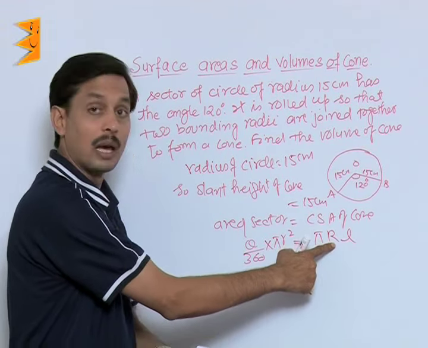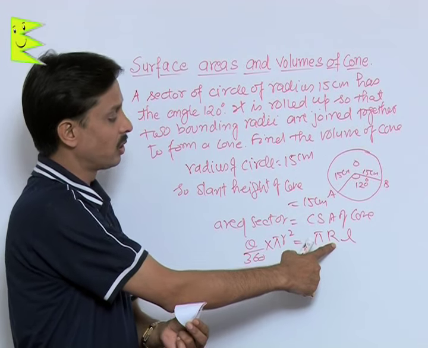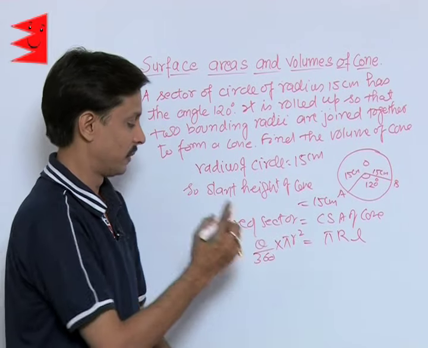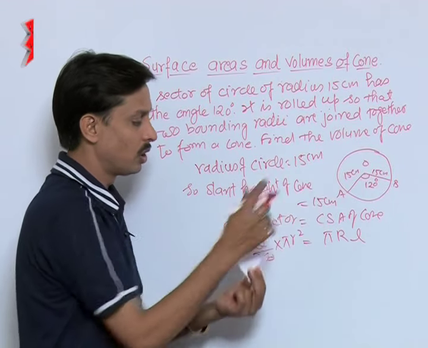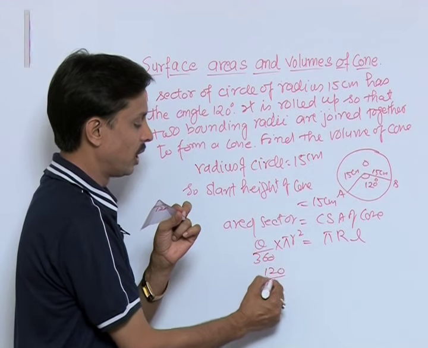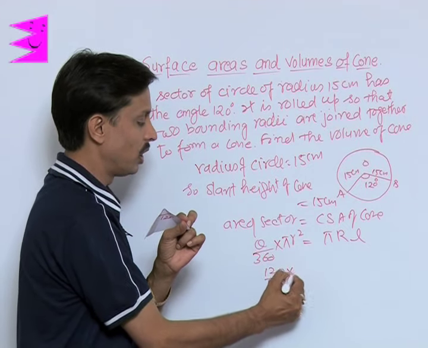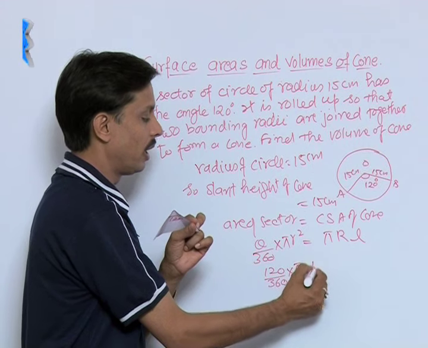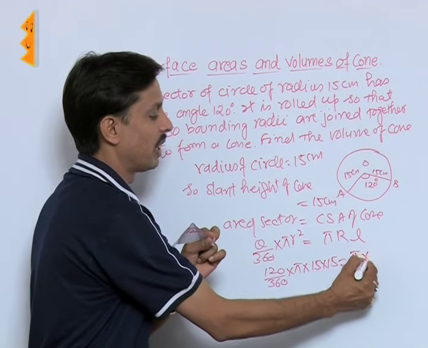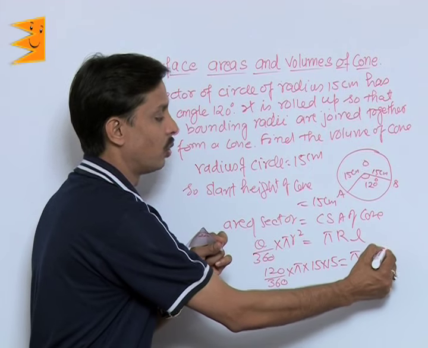I am writing here capital R to indicate the radius of cone, small r to indicate the radius of sector. Theta is here how much? 120 degree. So this becomes 120 upon 360 into pi into 15 is equal to pi into capital R into